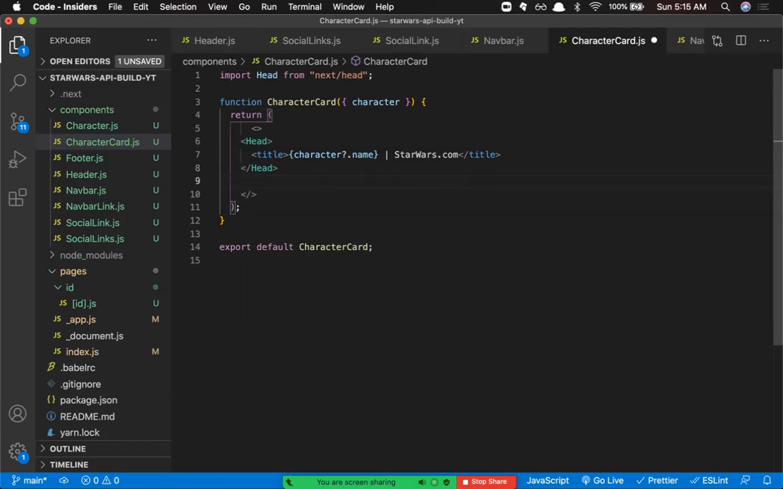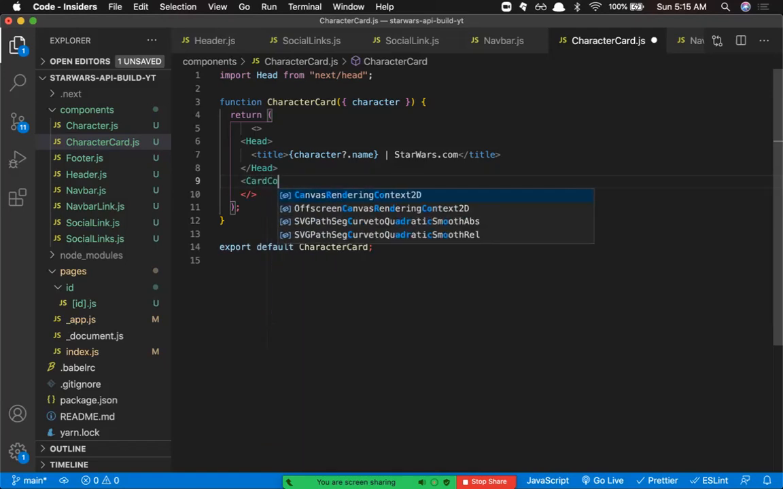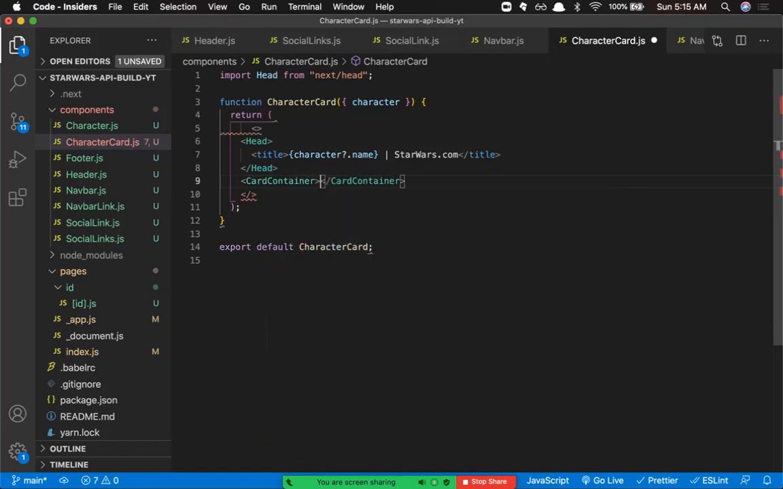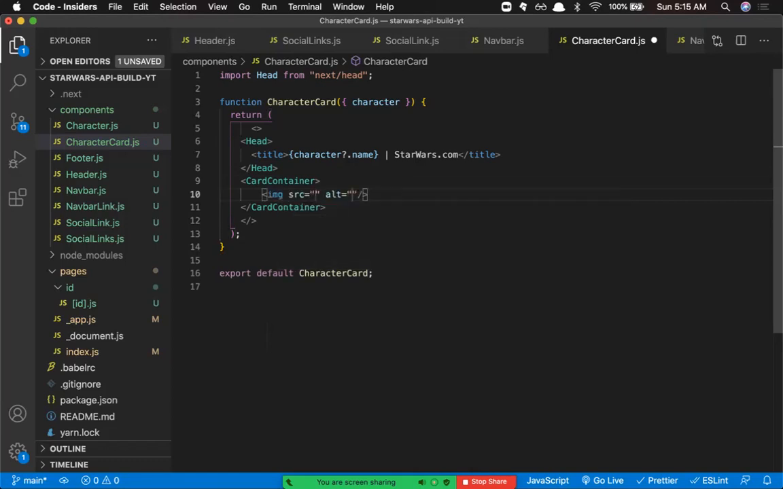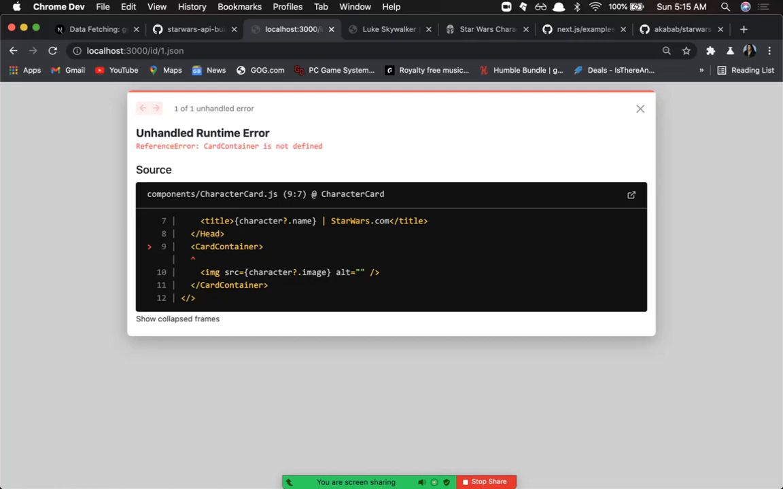Now I have the head, and this is just a fragment, so we need a container here. I'm going to have a card container. Inside my card container, I'm going to have an image. Everything is going to be dynamically generated here, so the image is going to use character, optional chaining again. Saving that,